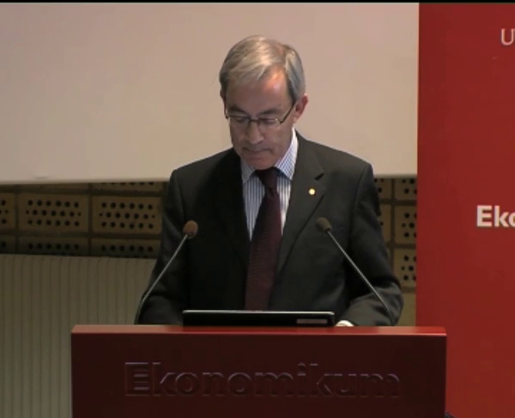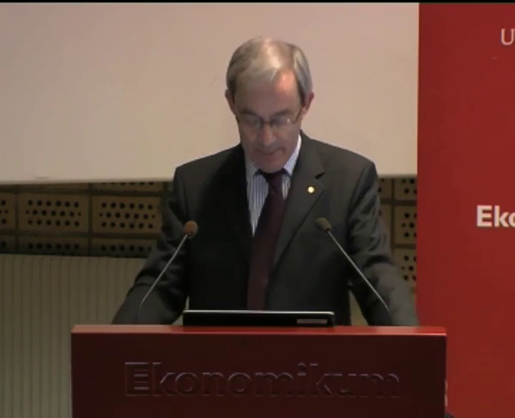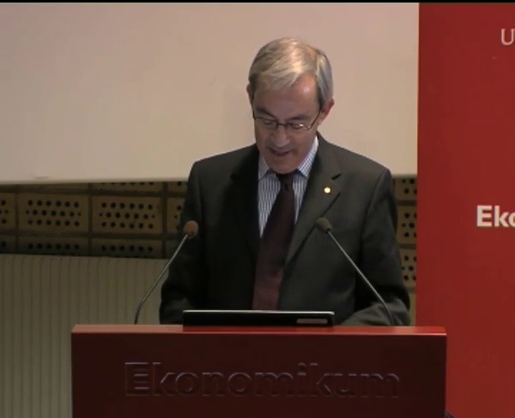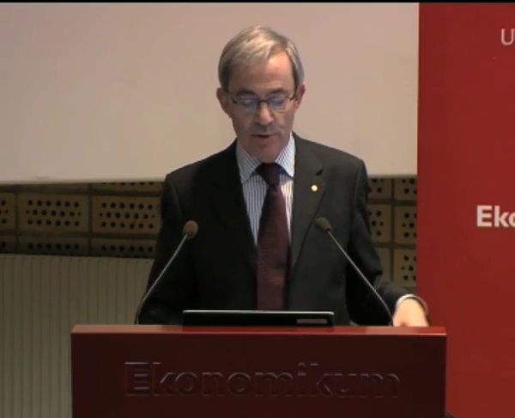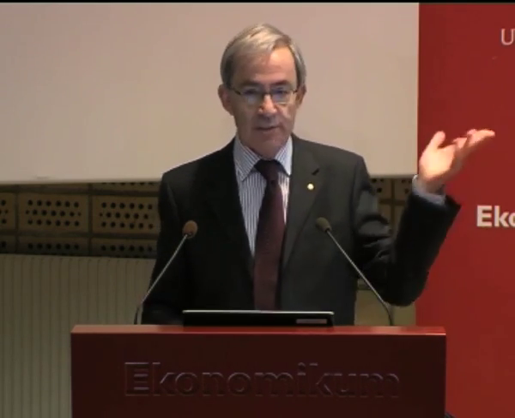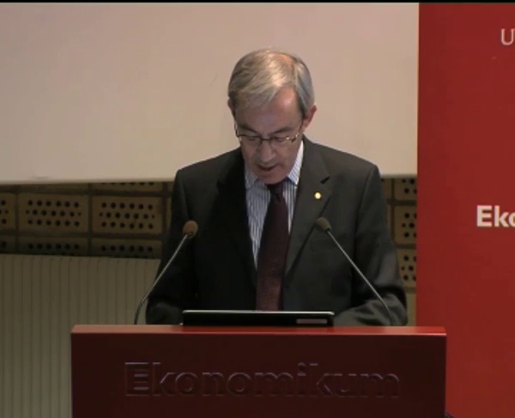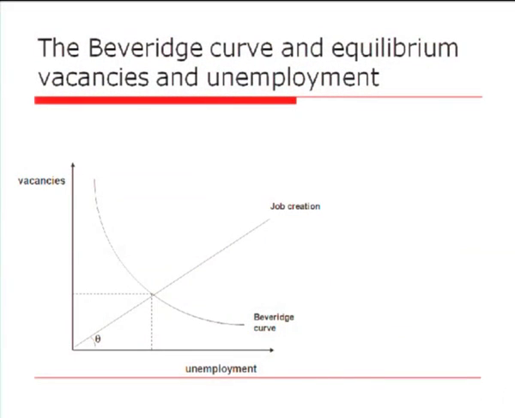And here it is, you've seen it before, the Beveridge Curve in this figure. Now, to find the equilibrium unemployment, what you need to know is what point on the Beveridge Curve the economy is going to settle at. Since I had my value for theta, the ratio of job vacancies to each unemployed worker, all I had to do was draw a line through the origin with slope theta, the ratio of vacancies to unemployment, and the point at which that line cuts the Beveridge Curve is the equilibrium of the economy.